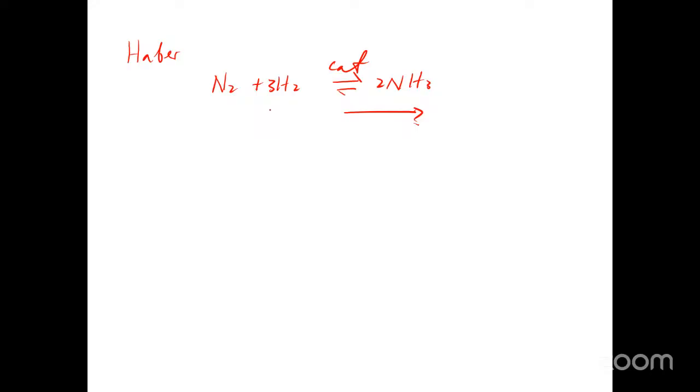So basically, what he did, in order to favor the formation of ammonia, he increased the pressure of this, which is tantamount to increasing the concentration. He did the same thing for the hydrogen as well. So basically, by increasing the concentration of both nitrogen and hydrogen, again, according to Le Chatelier's principle, that would push the equilibrium to the right, because the system will try to reduce the concentration of both components, and therefore the only way the system can do that is to shift to the right. So let me just put this in words.